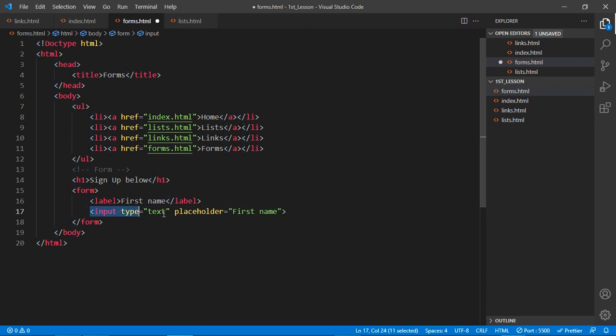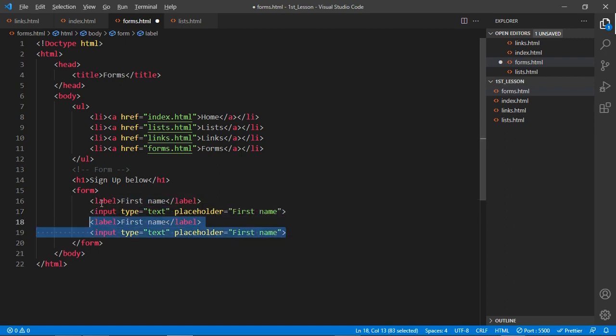Now you'll see this is a tag that doesn't have a closing tag, right? This is called a self-closing tag. This here, what you see here, this is called a self-closing tag. So you don't need the closing tag for this one. It just closes itself. So I'm just going to copy these two, copy them below like this,